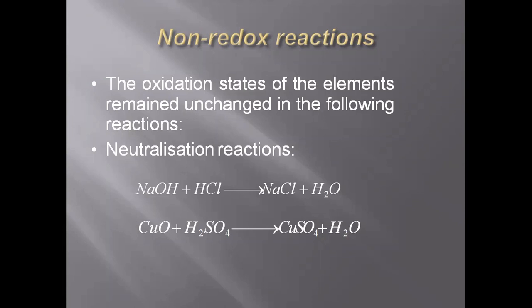How? Let me explain this clearly. For example, this is your first reaction, NaOH. The oxidation state of Na is +1 here. How did I calculate it? OH negative, Na positive, they react and form NaOH. So the oxidation state of Na is +1. If we talk about Na on the product side, here also the oxidation state is +1. How? Cl negative, Na positive. So the oxidation state of Na is the same on both the reactant and product side. Same with HCl and this hydrogen, same with this hydrogen also.